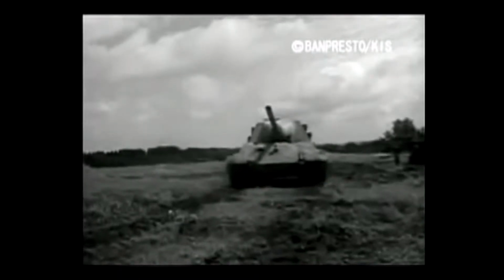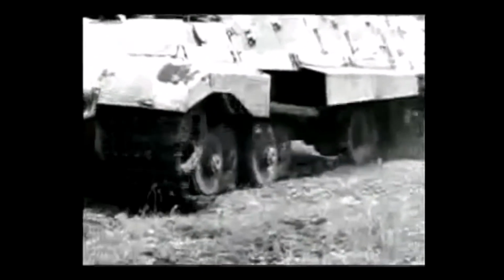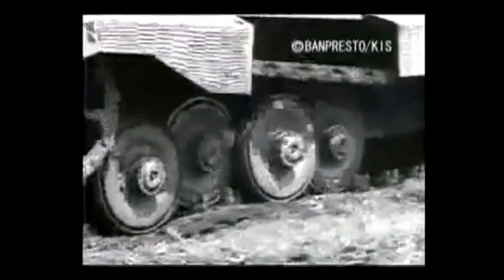The Jagdtiger was a tank destroyer produced by mounting Germany's massive 128mm anti-aircraft gun on the Tiger II chassis. While it had superb armor and a gun able to punch through any Allied tank, it was ultimately a failure. With a weight of over 75 tons, this was the heaviest tank to see combat during World War II,